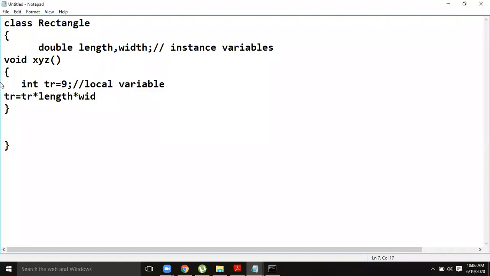The instance variables belong to the whole class, and there can be any number of objects. So each instance is separate, and each instance can contain its own value. That is the meaning. An object, which is an instance of a class, contains its own values for that representation. That is why they are called instance variables. Instance variables are different from local variables. Instance variables are the class variables.